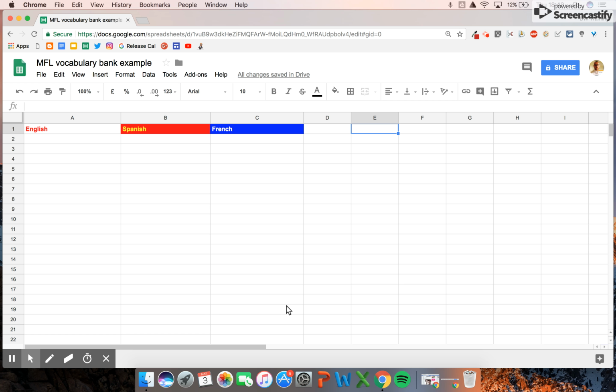Okay, so here's a really cool little trick that you can do with Google Sheets if you're teaching modern foreign languages, or if maybe your children or colleagues are trying to learn foreign languages in order to build up a vocabulary bank. So often students might resort to finding out new information, maybe by using things like Google Translate, but what they tend to do then is they look it up, they find it out, and then quickly